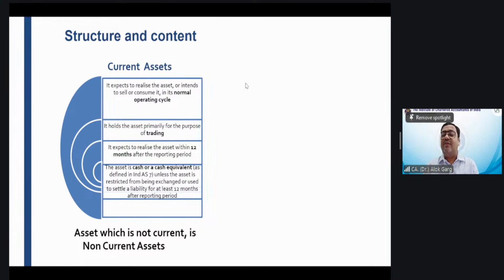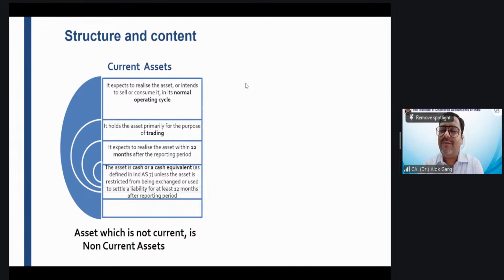Right. So Manoj, if the financial statements are not in compliance with Ind AS, then the auditor will qualify those financial statements. Right. So what was the first general feature of the financial statement, Manoj? That your financial statement shall present a true and fair view. Financial statement shall present a true and fair view.